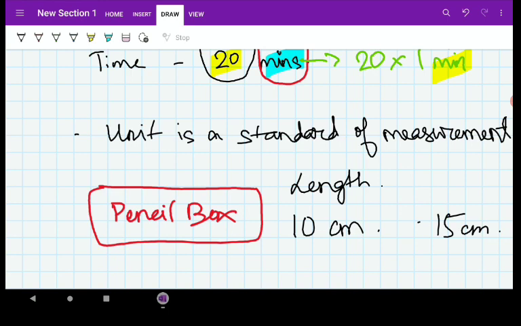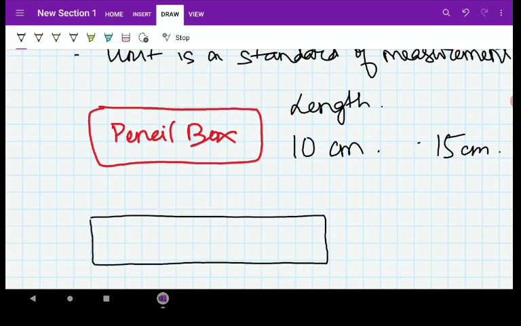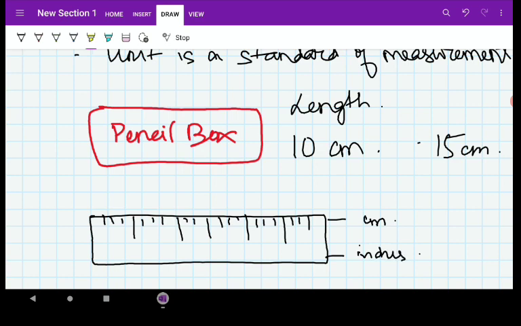How can it be done? If we both have a scale, then we will be measuring it on the scale, and then we will be able to come to the conclusion about its original length. What is this scale? This scale has units of measurement of length. These units are standardized units. Most of the scales, one side it is centimeter and on the other end it is in inches. We will come to what is centimeter, what is inches, why are they different and everything.